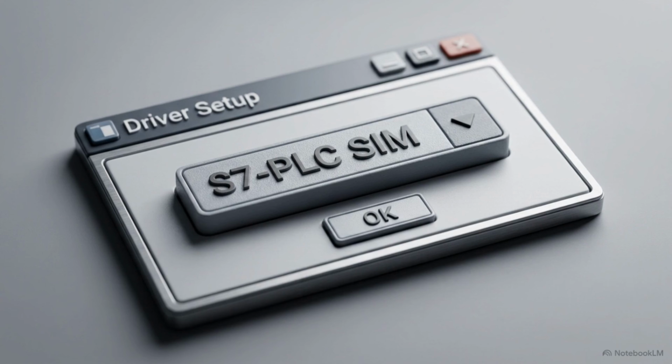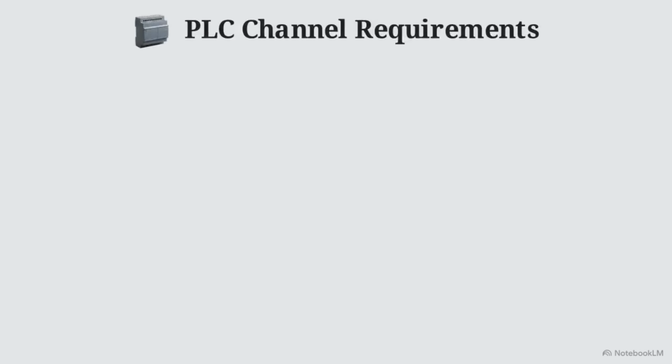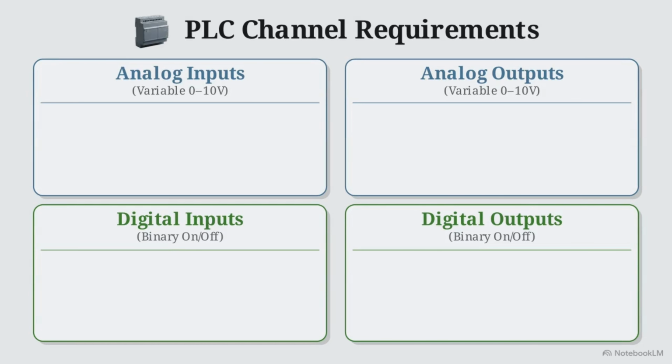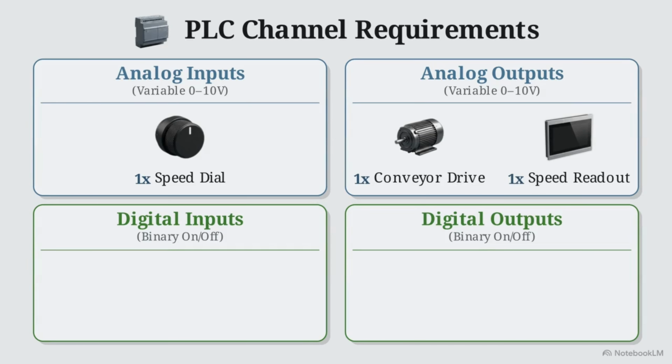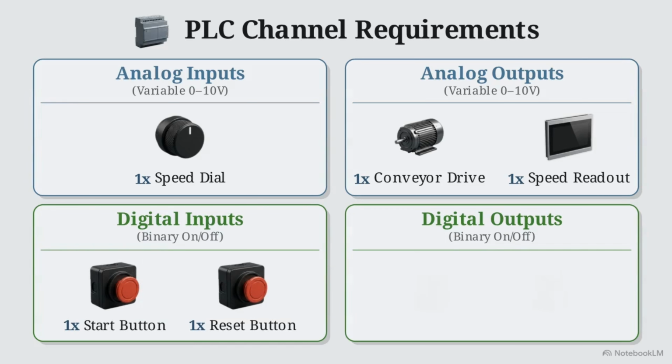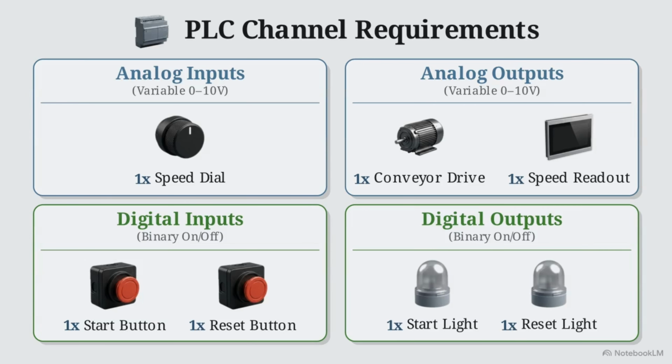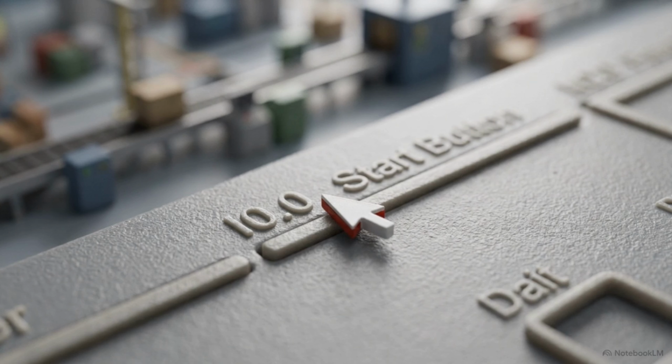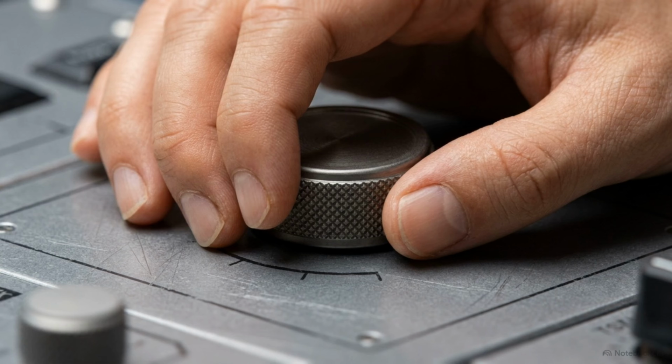Now go to the top menu and open the driver setup window. From the drop-down list of controllers, select the Siemens PLC Sim. This table illustrates our exact channel requirements. First, allocate one analog input for the potentiometer and 2 analog outputs for the motor and display. Next, allocate 2 digital inputs for the buttons and 2 digital outputs to power their internal indicator lights. Assigning these driver channels acts as the absolute bridge. It ensures every button press and dial turn in the simulation will be properly read by the logic we write